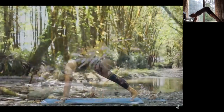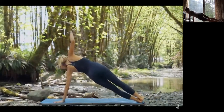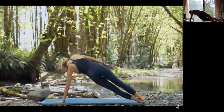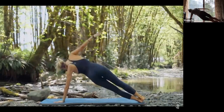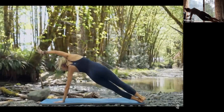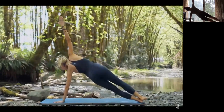Slowly from here, let's come through into that plank position, opening to your side plank on the opposite side, onto your left hand now. Let's start with those arm circles. Right arm comes forward in front of your body and around for 1, and 2, and 3, and 1 more big circle, reaching your right arm up to the sky